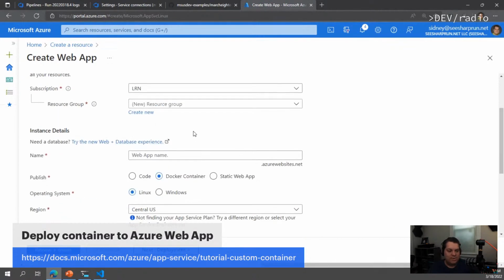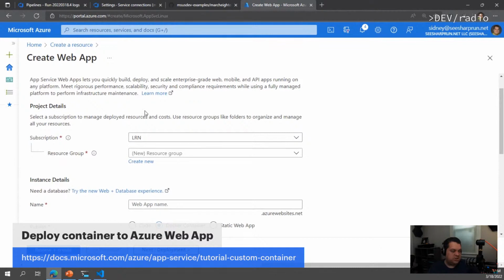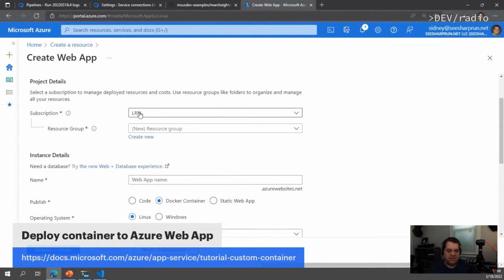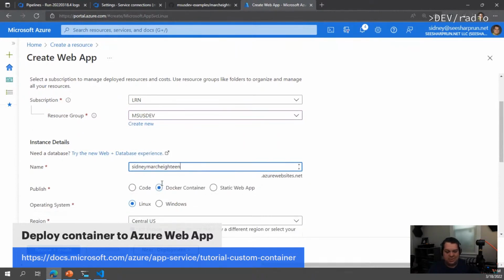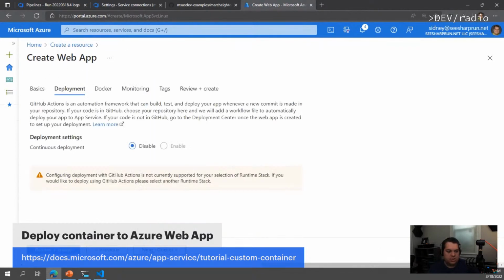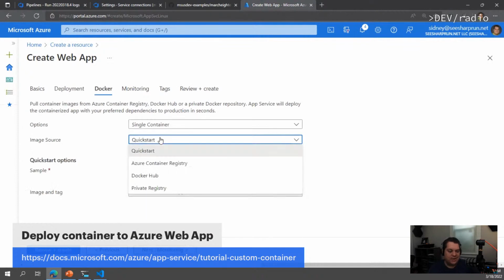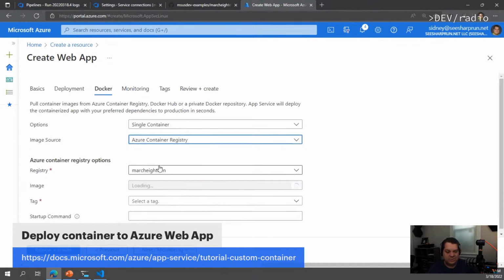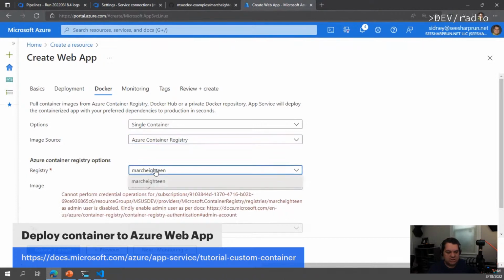And it's the same as the regular web app walkthrough, but it's just a couple of sensible defaults if you like containers. So resource group is going to be msusdev. I'll call this Sydney March 18.azurewebsites.net. I really don't care about the region, SKU, size, or plan today. I'm going to skip past deployment and go to Docker. Now, instead of Docker Hub, I'm going to select Azure Container Registry. There's our March 18. But look, it says I need to enable the admin user in order to use this container registry this way. So we're going to go back to